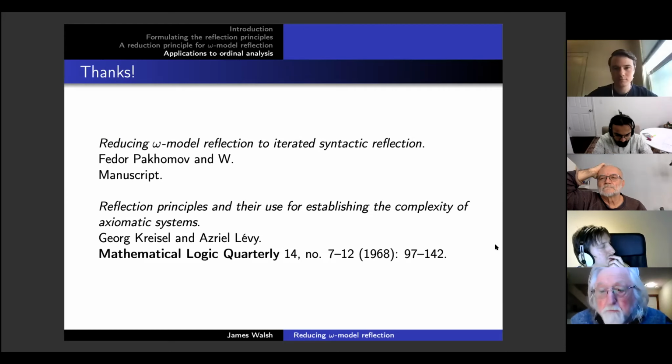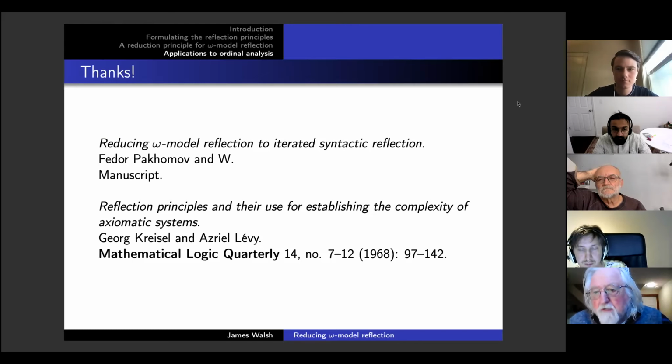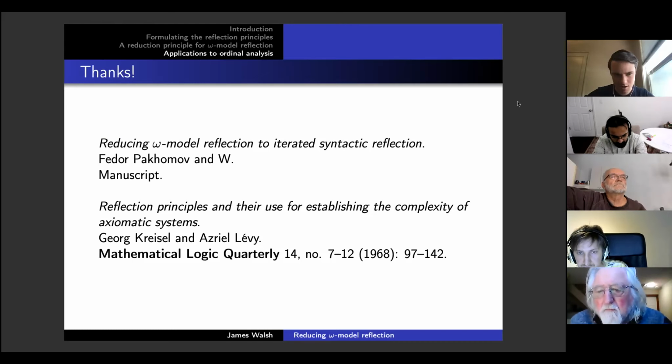I have another question about names. At the very beginning, your local reflection makes one think of Löb's theorem and of Ulf Schmerl's theorem, a sort of extension of Löb's theorem. Can you say something about the connection between that work and your work? So I see the connection with Löb's theorem. Löb's theorem says that an instance of local reflection is only provable in a theory if the consequent of the local reflection principle is provable. I don't know the result of Schmerl you have in mind.